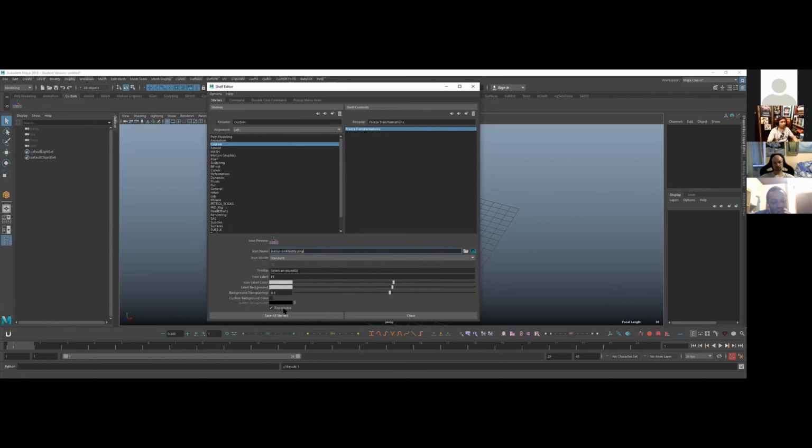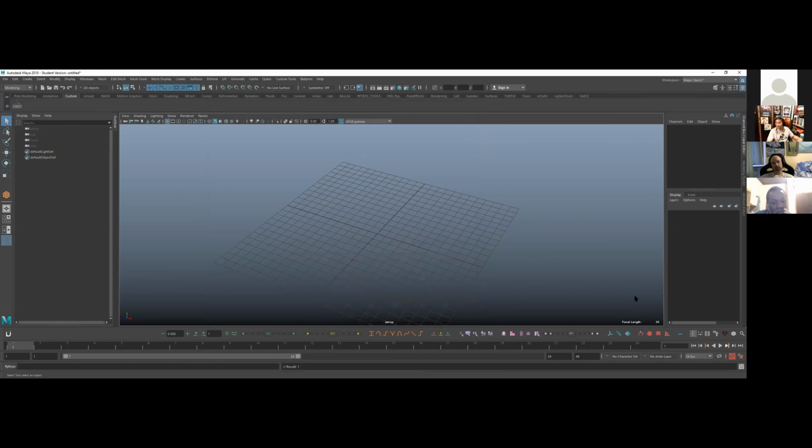This is an important one because if you have a script that you only need to run once, and if you run it again, you might lose a lot of settings, you might want to uncheck this. That way, once you run it once during a Maya session, you won't be able to run it again by accident and lose a bunch of the settings that you had. But for freeze transformations, I'm definitely going to leave that repeatable. Okay, so